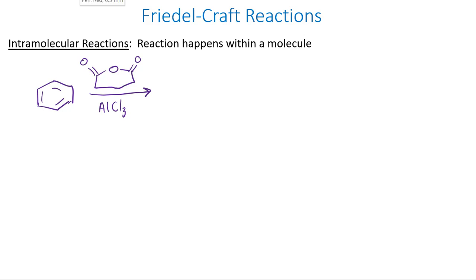And what we'll want to remember here is that when we're using an anhydride as our source of our active electrophile, we're essentially making the oxygen in the middle and then one whole side act like our leaving group. And so that means that the carbonyl on the other side is going to be the point of attachment to our ring. So if we think first about just simply predicting the point of attachment and what that looks like,